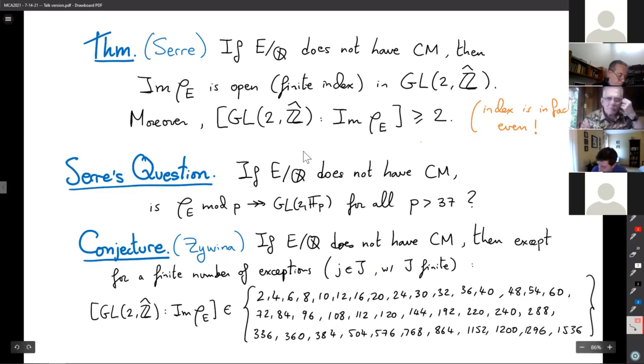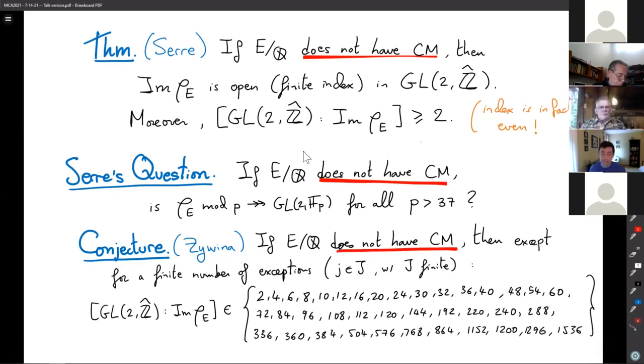Okay, you see that all over this slide, there's: if E does not have CM, if E does not have CM, if E does not have CM. That's because the CM case is better understood. The theory of complex multiplication is very rich, and the image is more rigid, and we know what happens. So let me just come